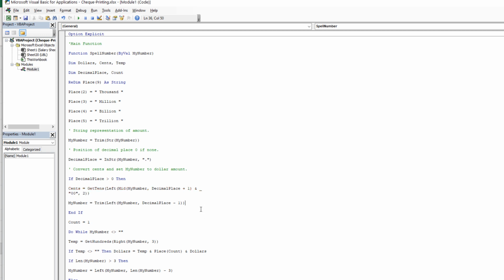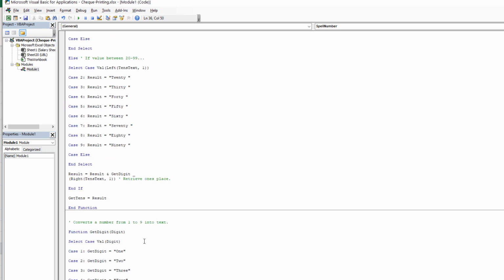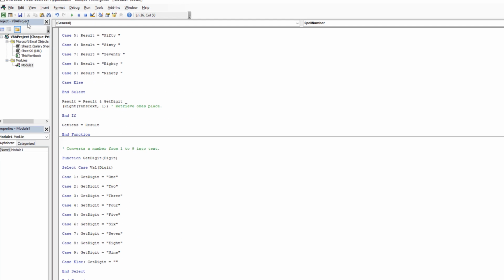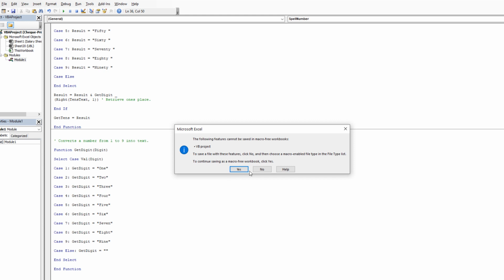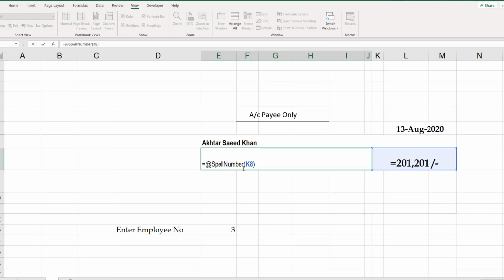It should be when there is a slash. Actually underscore means continuation, so if there is an underscore, the rest should be on the other line. Let's see, we don't have any other error. And it again asks if you want to convert this to macro enabled, so yes.